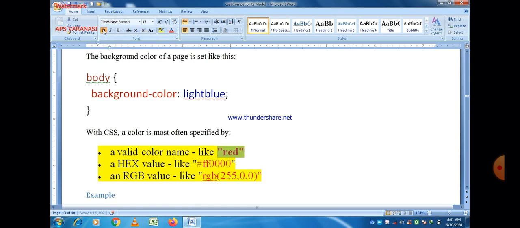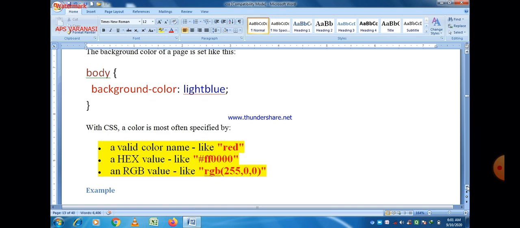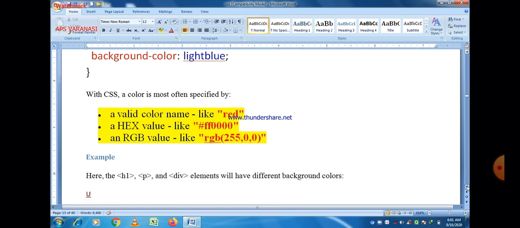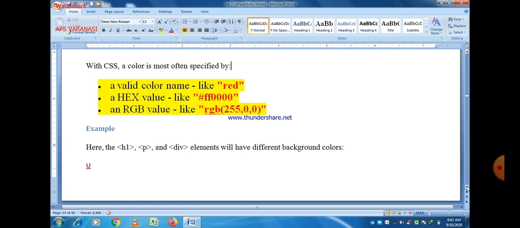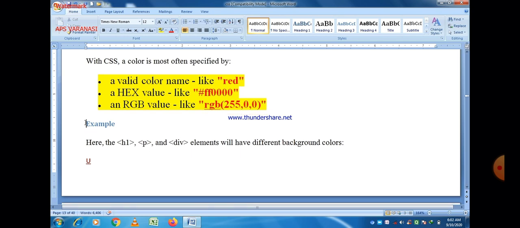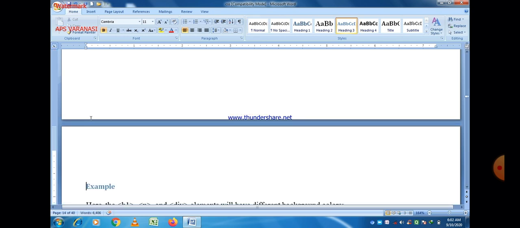So ff represents red color, and using RGB notation the maximum value of R is 255 and green and blue are 0, so pure red color is there. So we can also use rgb(255,0,0) to represent a red background.